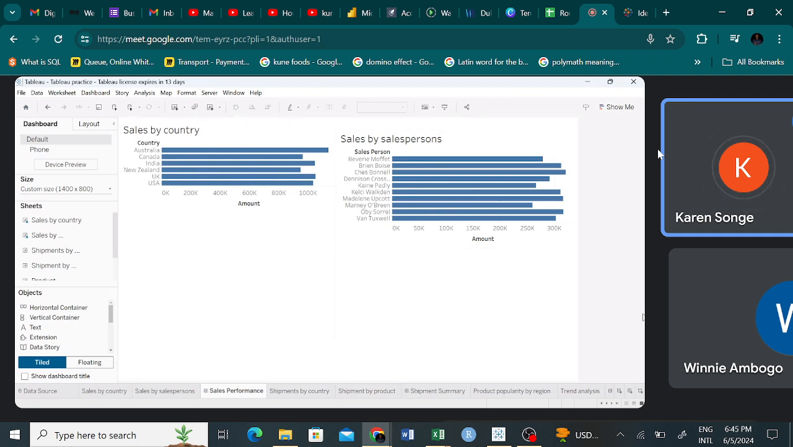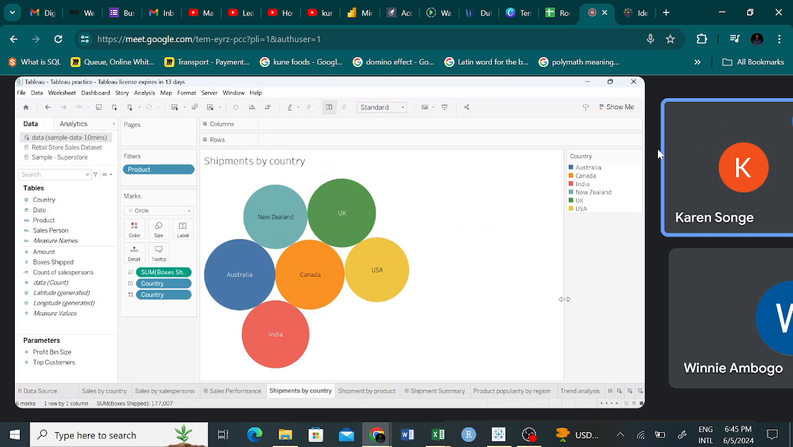And then now onto what I did extra. I thought of doing a summary of the shipments. So I went into shipments by country. I thought if I could put together all the countries and the sum of the boxes shipped, and filter by product, I would be able to see the number of boxes of each product that were shipped to each country. So if we were to take, for example,